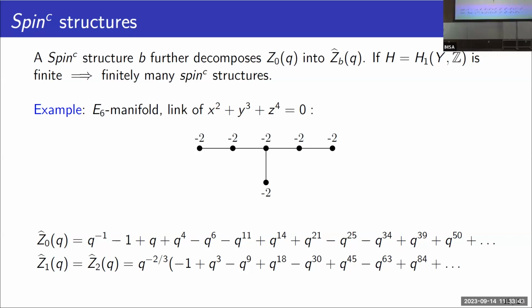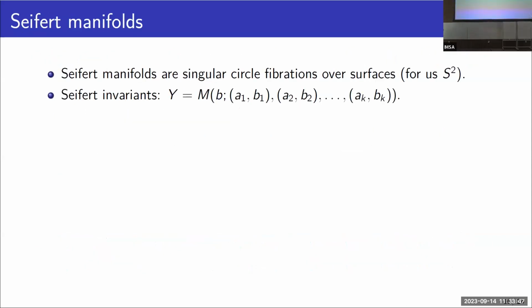So this three manifold has a special structure. It's exactly like in the previous talk, and the special structure is an S1 action. So it is a fibration over some surface, two-dimensional surface, and there are some singular fibers. And we will consider only fibration over S2, over the sphere,